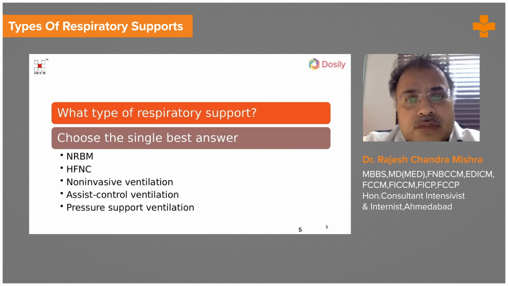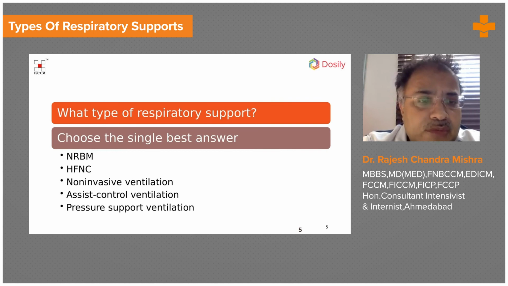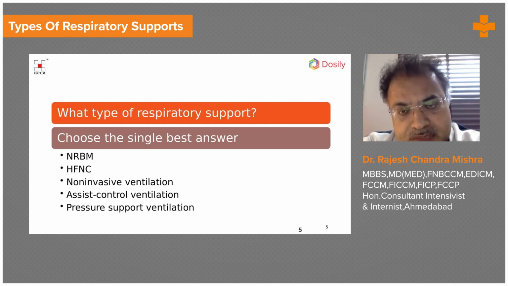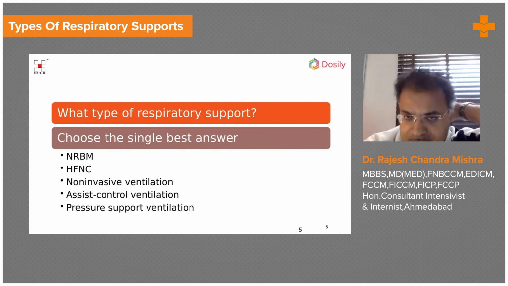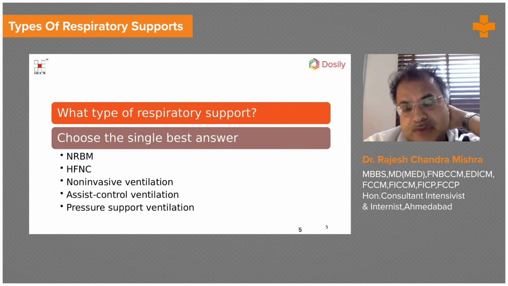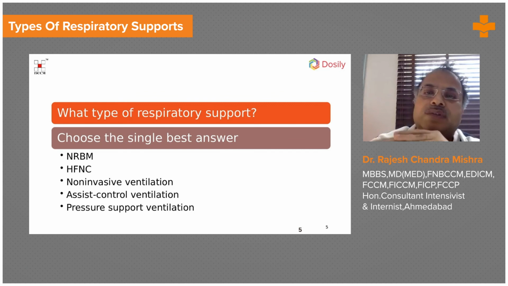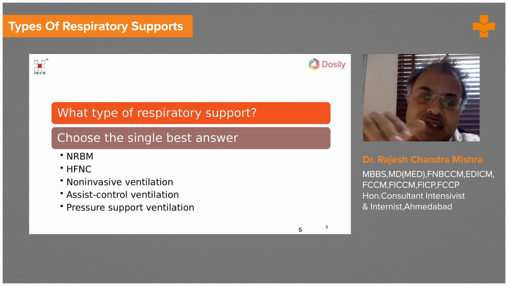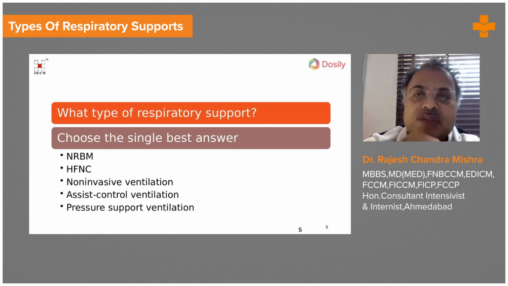Okay. So if you have to select one best answer, keep in mind you have the option of selecting NRBM, high flow nasal cannula, non-invasive ventilation, and assist control ventilation. As a custom, whenever somebody comes breathless, hypoxic in ICU, we put them on oxygen. So you have to remember, if a patient is breathless and you are putting on oxygen to buy some time, you have to make him comfortable and let his instability settle down. Suppose you want to select the oxygen,